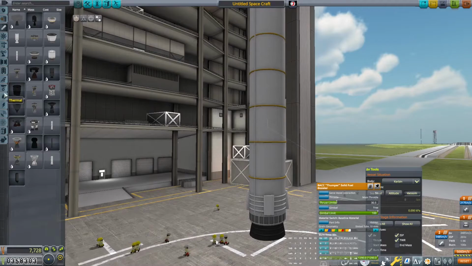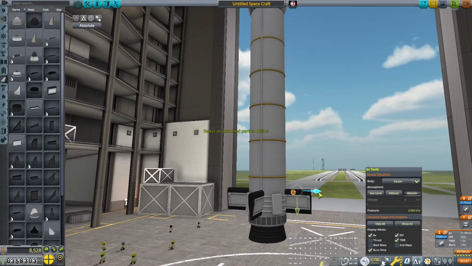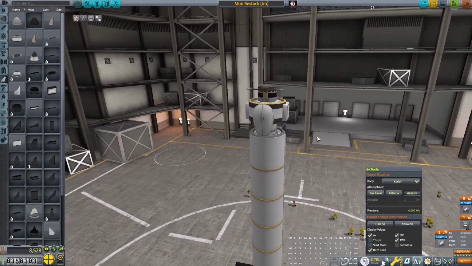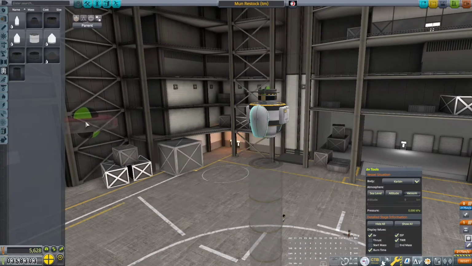And then our favorite control surface, the Elevon 4. There we go. $8,000. Moon Restock TM. So let's save that. And he should really probably have a fairing, because something like this is going to be ridiculously hard to...